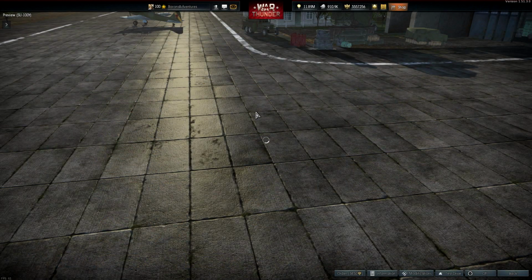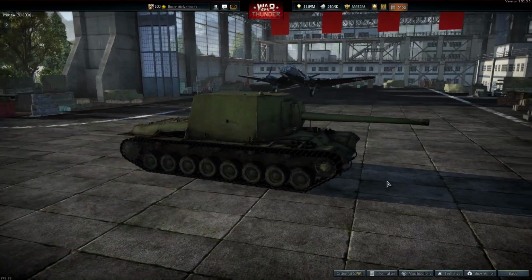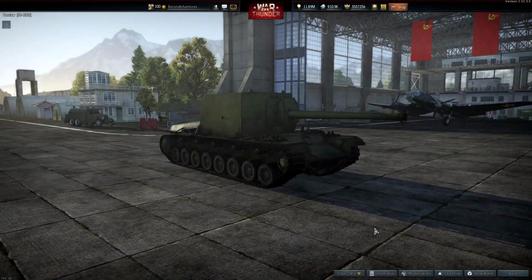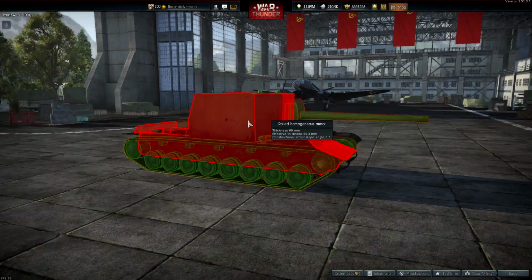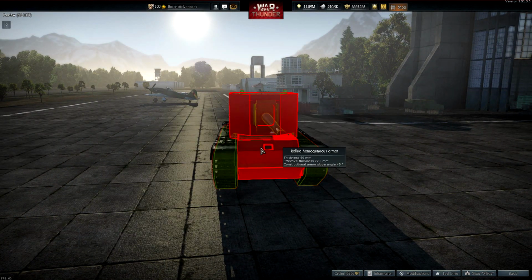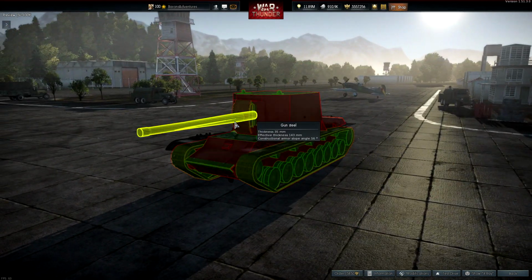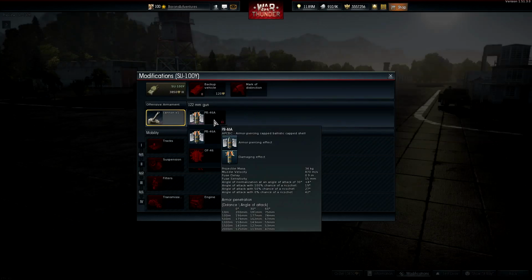Su-100y. Yikes. So this bad boy's premium. This is the box tank, everybody. Checking out the armor. Woo. 60mm everywhere, pretty much. Yeah, 60mm. This is a 130mm naval gun. I think it's the biggest tank in the game. As a result,